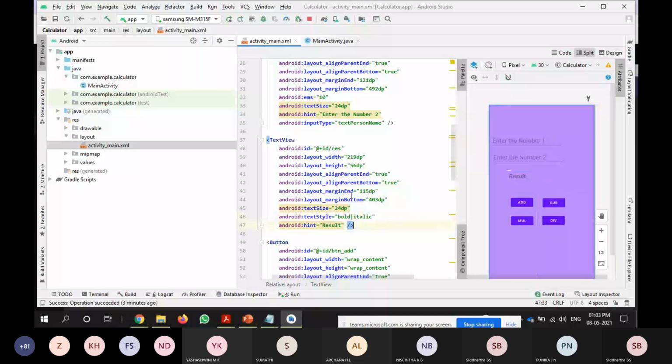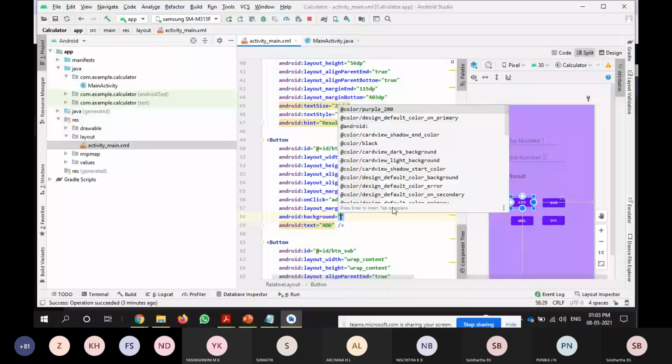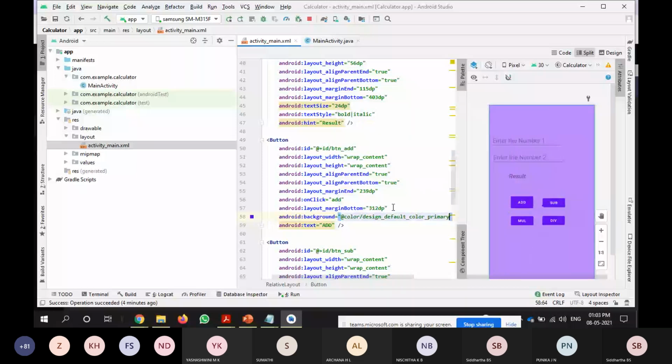So both I can give here. Okay. And I will change the background of the button also. So android:background. I will give primary color. Oh, it's not changing.